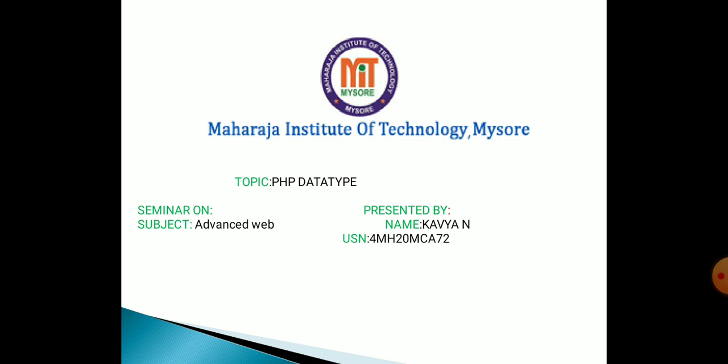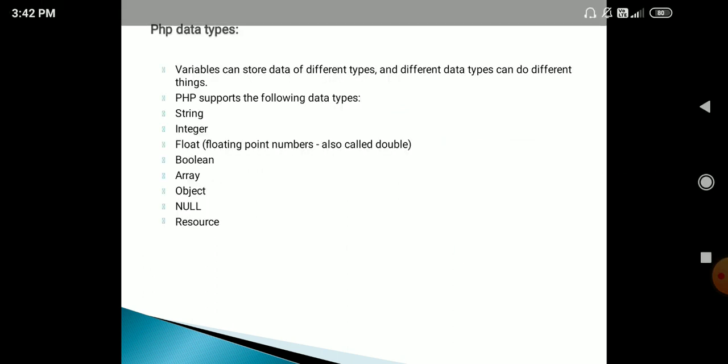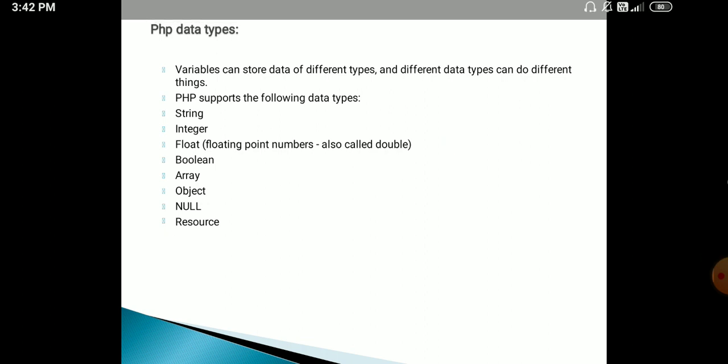Today I am going to present a seminar on the topic of PHP data types. Variables can store data of different types, and different data types can do different things. PHP supports the following data types: string, integer, floating point numbers (also called double), boolean, array, object, null,